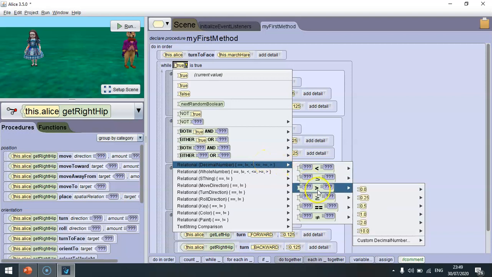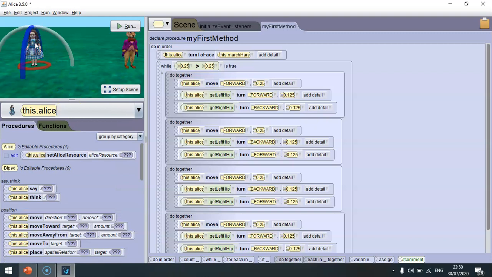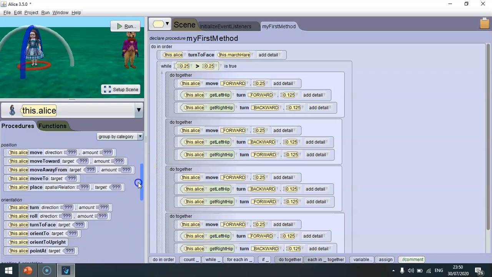when this is greater than, so we want to say when the distance is greater than, let's say for the minute 0.25. And then we need to say here, instead of 0.25 is greater than 0.25, we need to add the distance. And if I select Alice, I can see this, and I can then say, going down